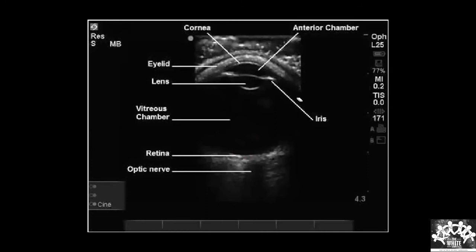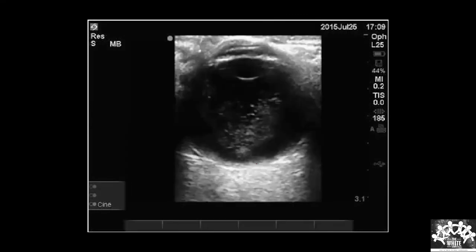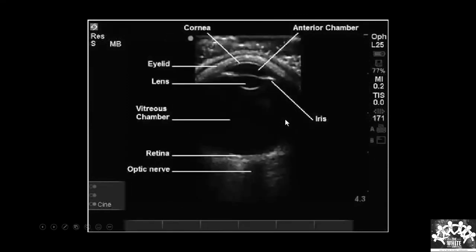What mode is this? Tan, Melvin, Ayush, are you sure it is A mode? Yes, it is B mode, which I was showing till now. Someone asked why the optic nerve is anechoic. The optic nerve is not clearly seen in this image, but that's where it is present, because the optic disc will be there, which will be highly reflective. If you change the probe direction, you can see the optic nerve echoic. It all depends on how you place the probe. There are a lot of artifacts involved in this. Hemorrhage will be anechoic.